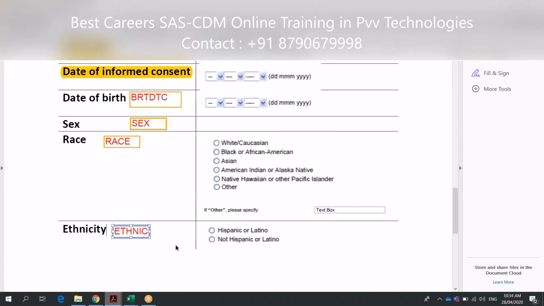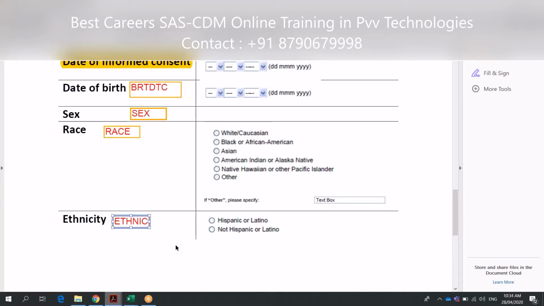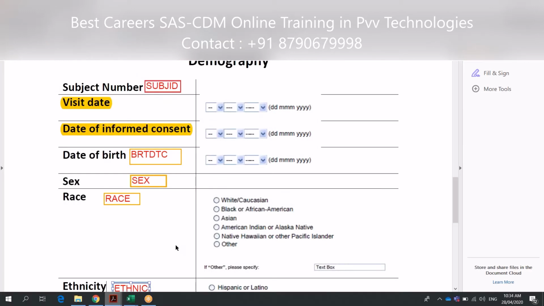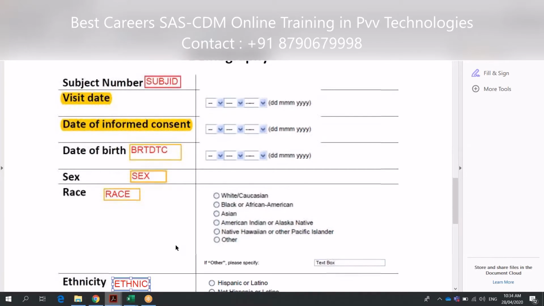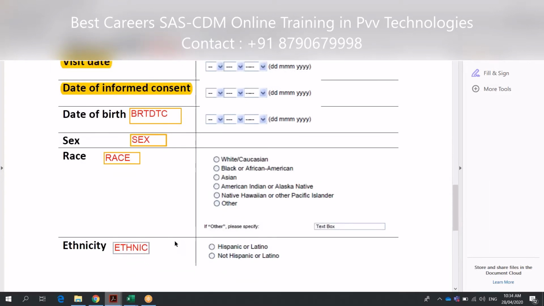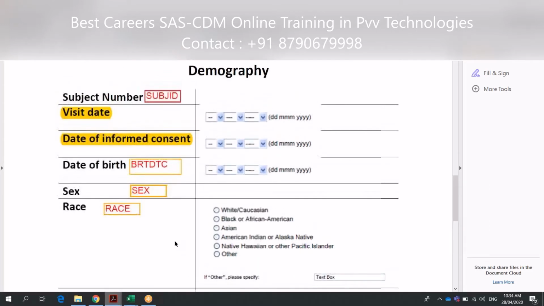Okay. So this was your first task that was to be done. Basically I asked you, are all the variables as per the CDISC? Then you said no, visit date and date of informed consent should have been removed. And then the question was which variables are highly recommended, which are recommended and which are optional.